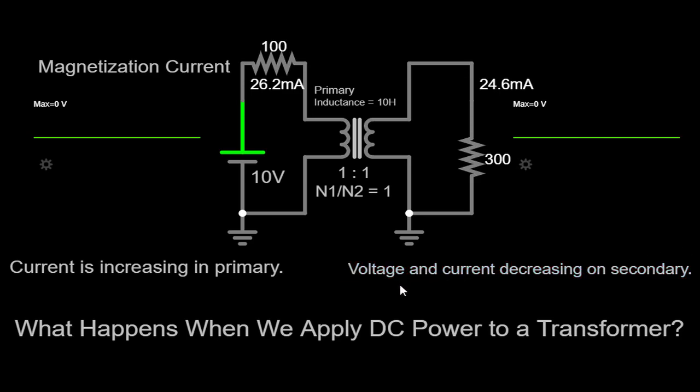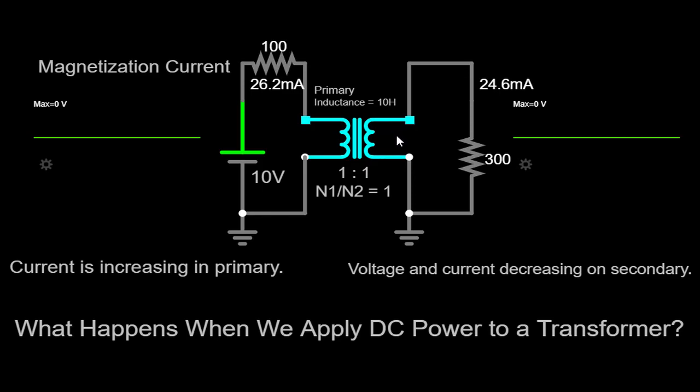Hello everyone. Welcome to our in-depth exploration of the topic, what happens when direct current, DC, is applied to an isolation transformer. Isolation transformers play a crucial role in electrical systems by providing electrical isolation and safeguarding sensitive devices. In this video, we will dive into the effects of applying DC to an isolation transformer, unraveling the intricacies of